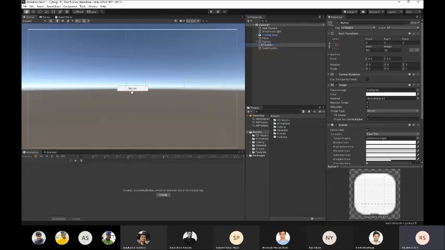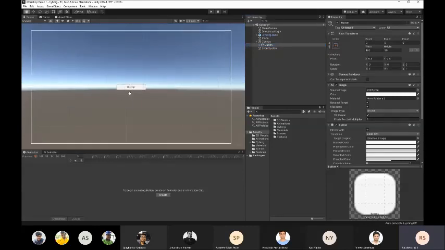Okay, so we want this button in this corner over here. So remember that tool I said I'll come back to later. We'll be using that tool now. It's called the rect tool, which is on the keyboard. So first I'll make it a little bit bigger. This rect tool is very helpful for this kind of UI manipulation, moving it around, increasing the size.